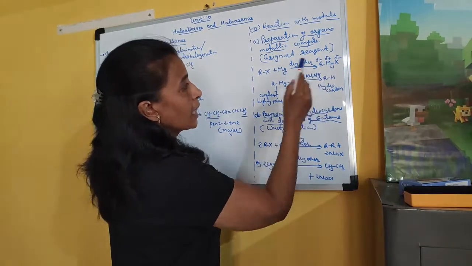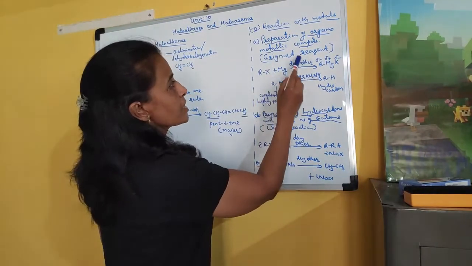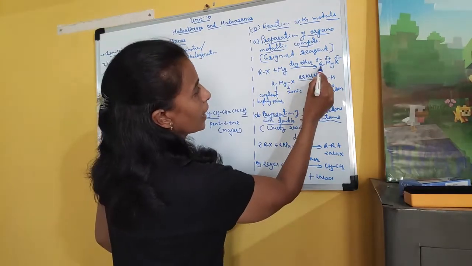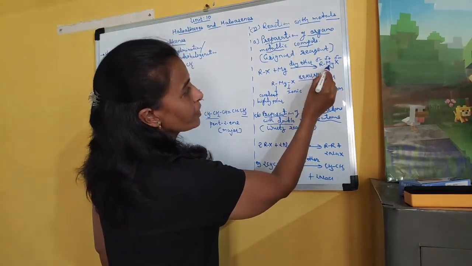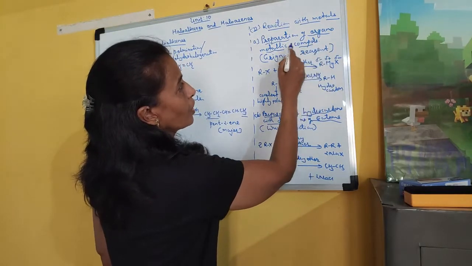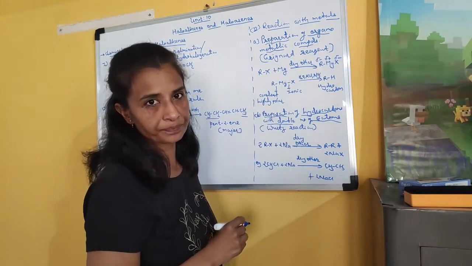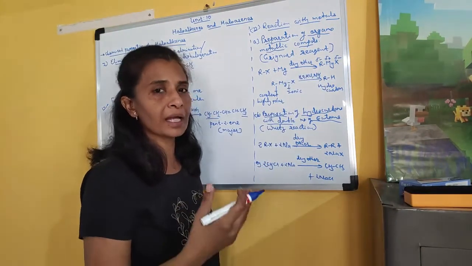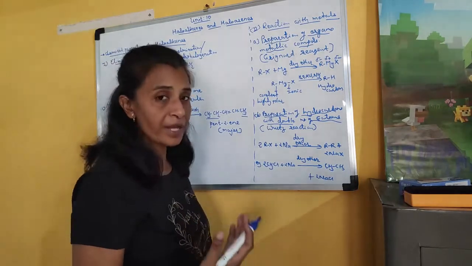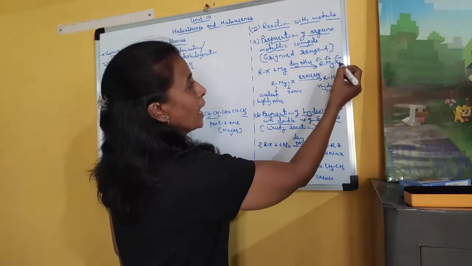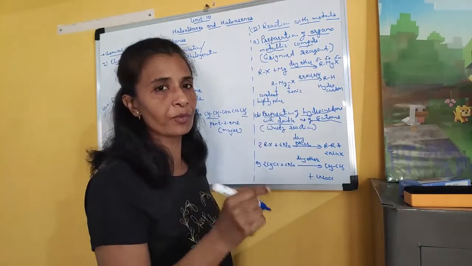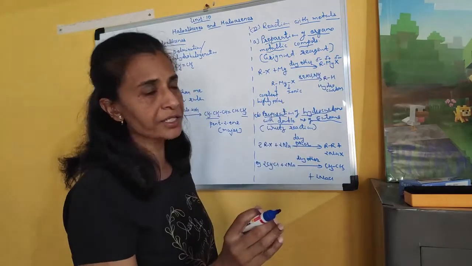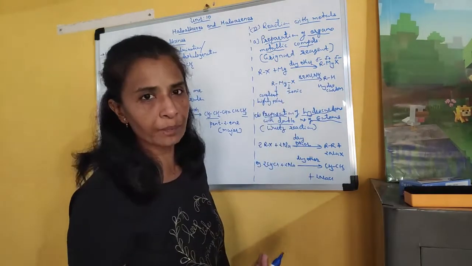Clear? This alkyl magnesium halide is known as Grignard reagent, and here you can see the carbon of the alkyl group has formed a bond with metal, and that is why it is called organometallic compound. Clear? Here this R can be any, means methyl, ethyl, propyl, butyl. Sometimes it is phenyl also, means benzene ring also. And this halogen is either chloride, bromide or iodide. So alkyl magnesium halide is a Grignard reagent and it is an organometallic compound.